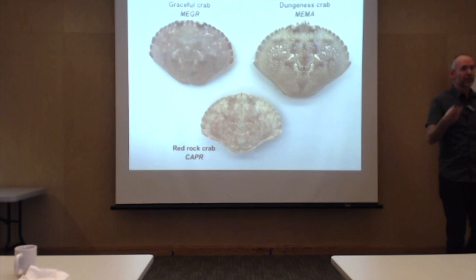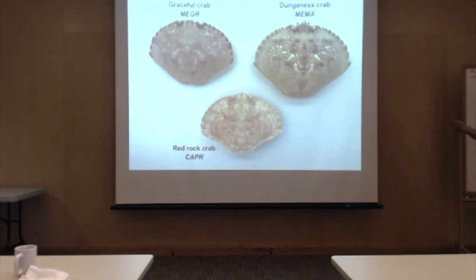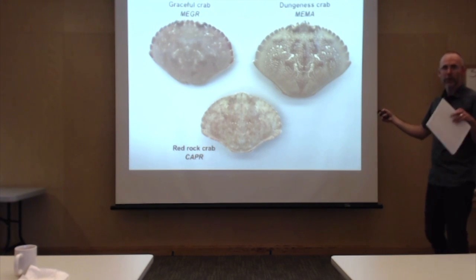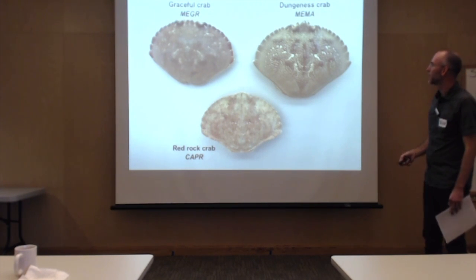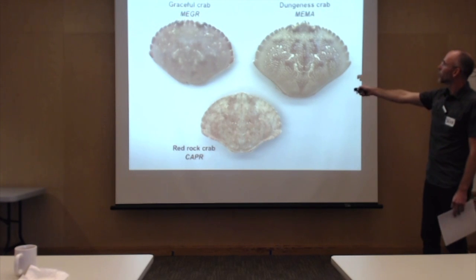Took another image in the back of the room while Emily was talking, and I wanted to put this in here. This is the carapace from these 3 related, we call them the cancrid crabs. They're all related cancer-type crabs. The graceful crab here, the Dungeness here, and the red rock here, just to give you a sense when you look at all three of these side by side, with the graceful crab and the Dungeness, it's that the